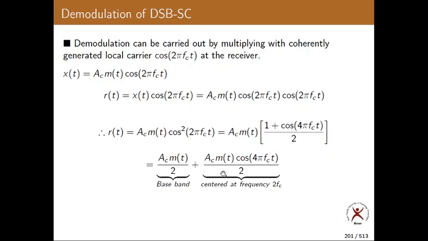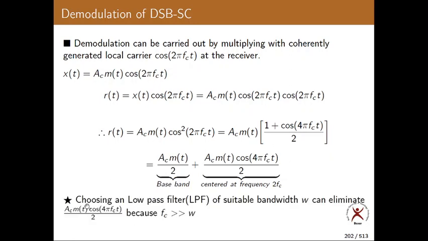Now, this signal will have frequencies centered around 2 fc. So this will be a pass band signal. It has high frequencies, not low frequencies, because you are multiplying m of t with cos 4 pi fct. According to the modulation property, it will be shifted to 2fc, not only fc but 2fc. So it has very, very high frequencies. That's what I can say.